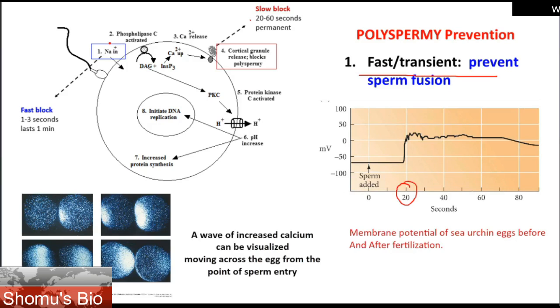Sodium ion is always present in the ocean, because here we are talking about sea urchin fertilization. Right after the sperm delivers its nucleus inside the egg, that causes a rapid sodium influx. So sodium starts to enter from the environment into the egg,